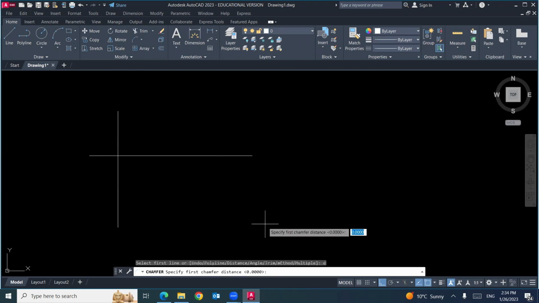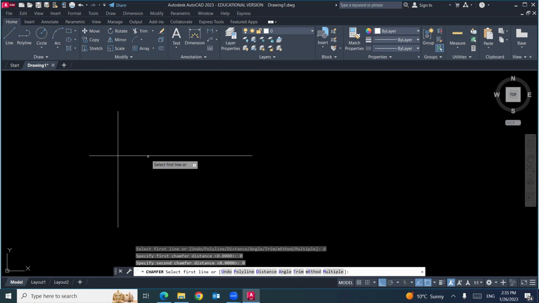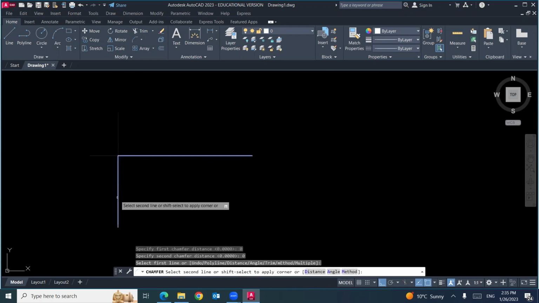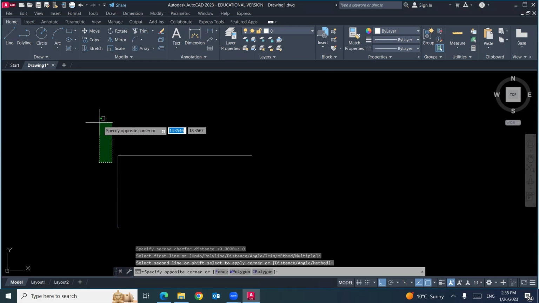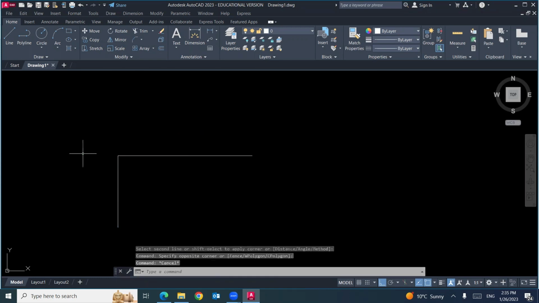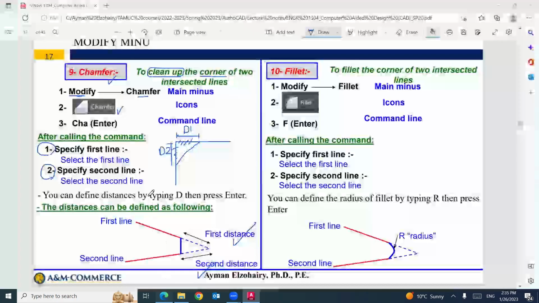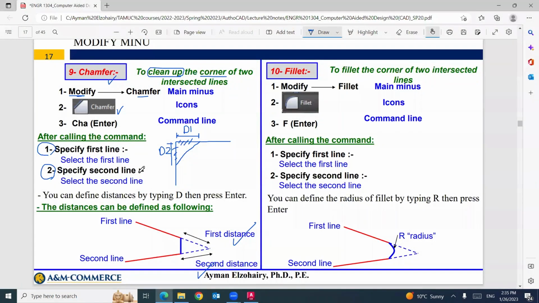AutoCAD will adjust the setting and ask you for the first distance. 0, enter. Second distance, 0, enter. And then select this line from this part and this line from this part. The other parts will be deleted. That makes sense?